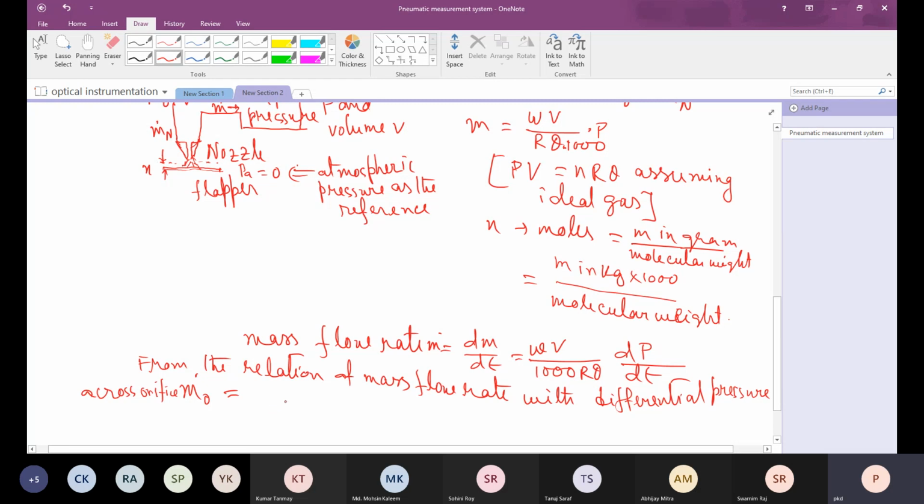So that will be given by whatever formula we use, and for the orifice there are many formulas. One of them is